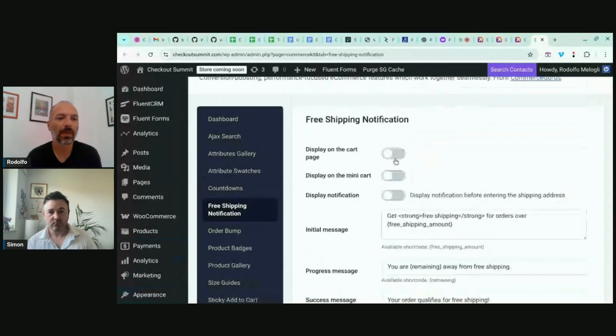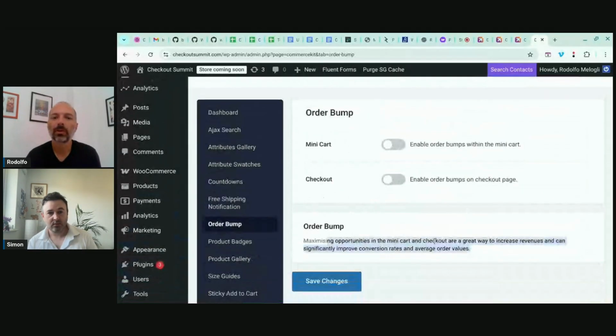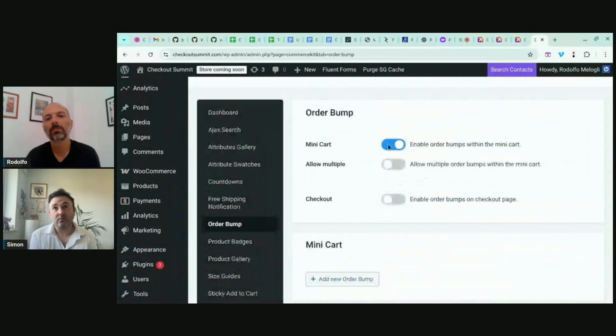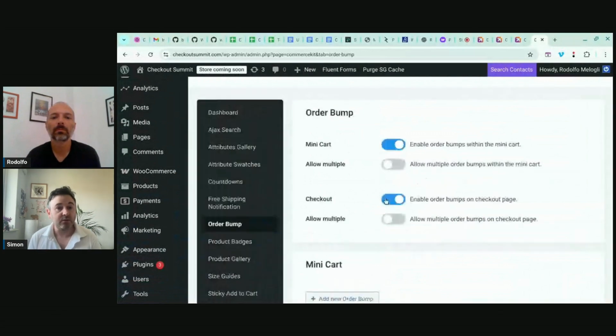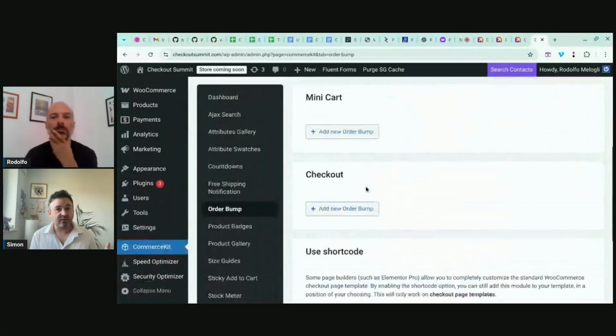Then we move on to the order bump. Now, yes. The order bump looks interesting. Maybe you can tell us a little more about this. Yeah, I mean, an order bump is a quick option for a customer to be able, with one click, to add an additional product to the cart, where usually the product is of a small enough value where they don't have to maybe think about it too much or dig into it in too much detail, which might distract from